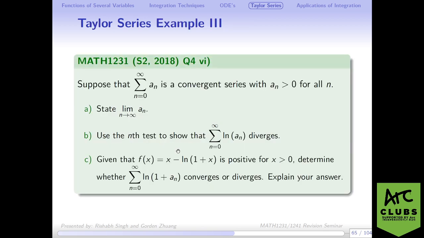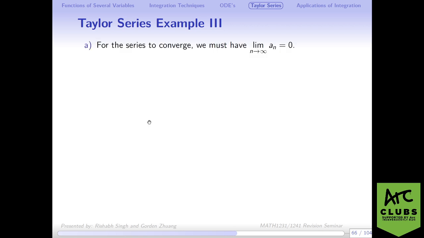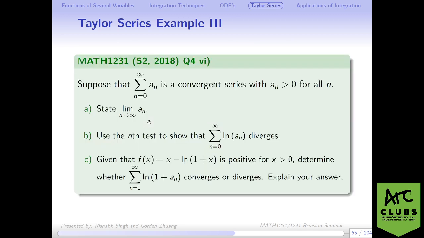So here I have an example. Suppose we have a convergent series where all the terms are positive. First we want to state the limit of this sequence a_n. For the series to converge, we must have this equal 0, since if this